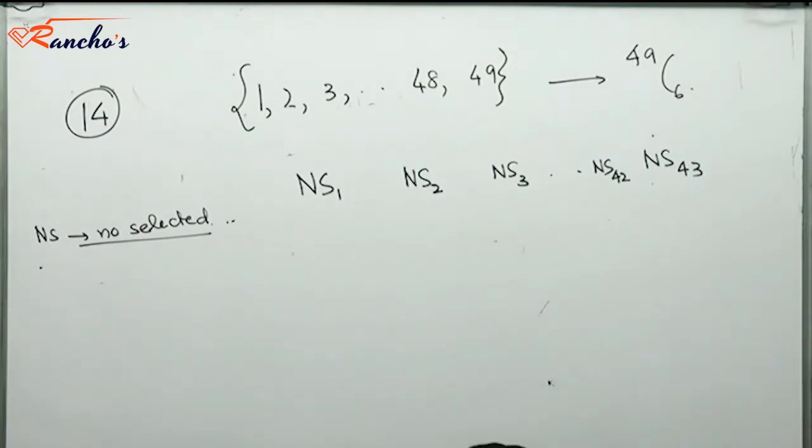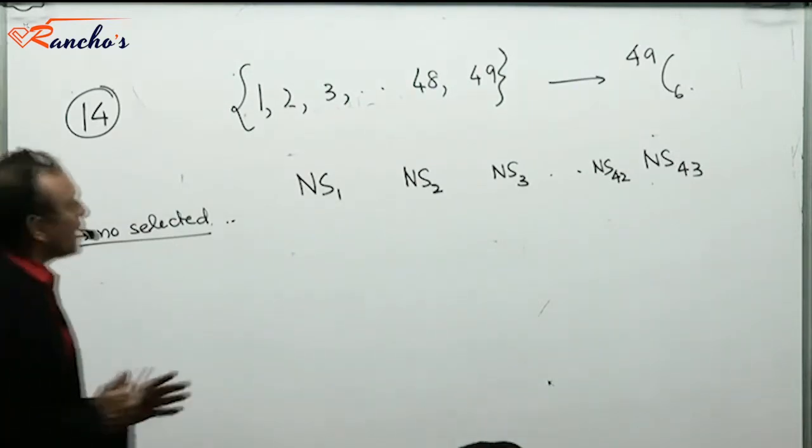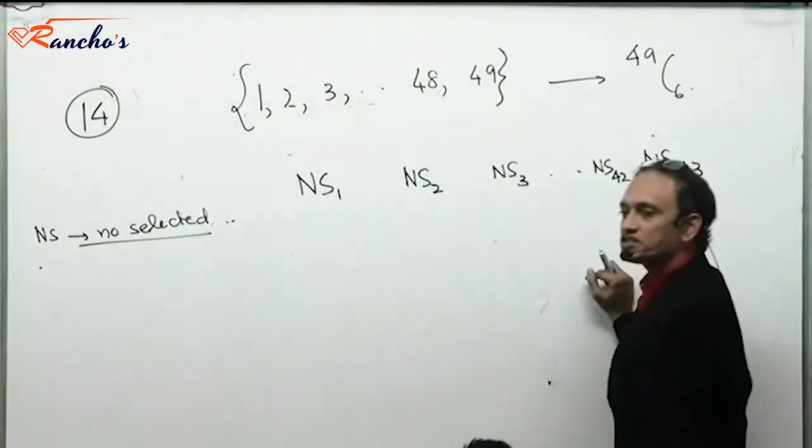There are 49C6 ways of selecting 6 from 49. What is it that I'm seeking to find? The count in this 49C6 in which there is at least one pair of neighbors. I'm going to perform a complement of this count: count the selections in which there is no neighbor present, and from 49C6 remove that count. I'm going to get the count in which there is at least one pair of neighbors. That's a problem that I'm going to take care of. Yes or no? Okay.